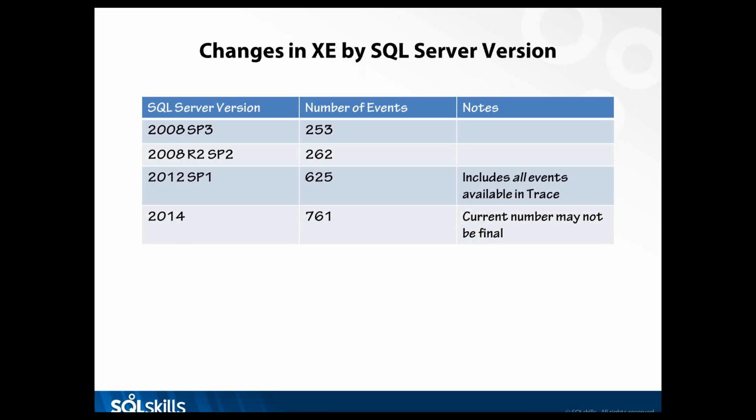So the last thing that I want to mention before I go into the demo is these are the changes in extended events listed by version. So again, if you're running 2008 R2 or 2008, it's probably convenient for you to still work with Trace. And I say that because not until 2012 did we get all of the events that were available in Trace. So in 2008 and 2008 R2, there is no one-to-one relationship between an event in Profiler and event in extended event. Some of them are there, but not all of them. They are all there as of 2012, and in 2012 you have the UI.